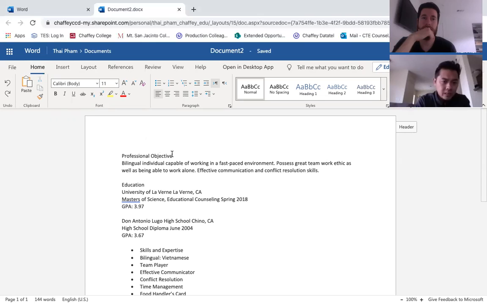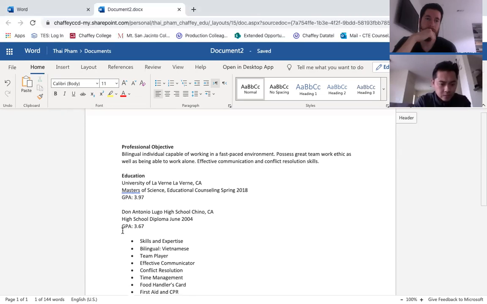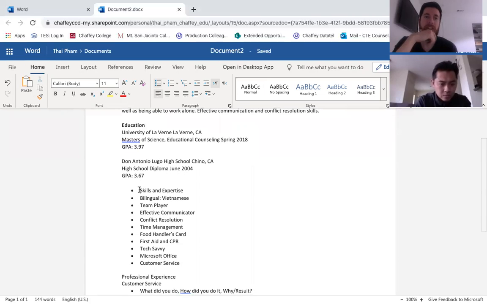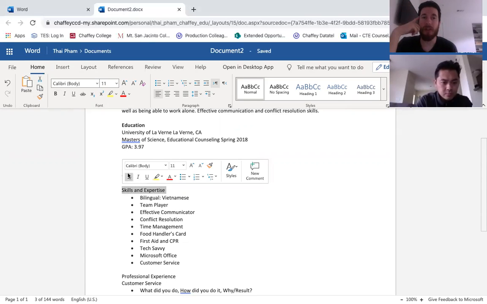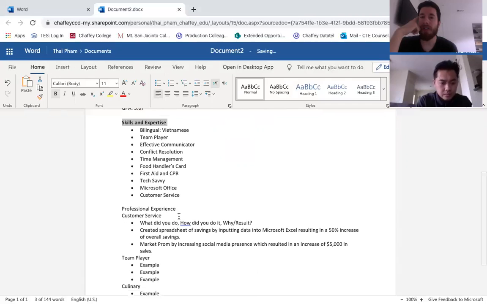The first thing I like to do is bold all of my headings. You can highlight it and hit the bold button here, or highlight it and hit Control B, or if you're working on an Apple, Command B as well. That helps the eye navigate and grab the specific things they're already looking for, because companies know roughly what they want already.